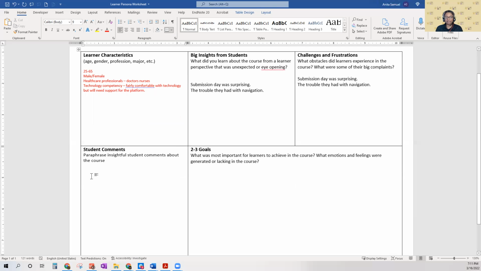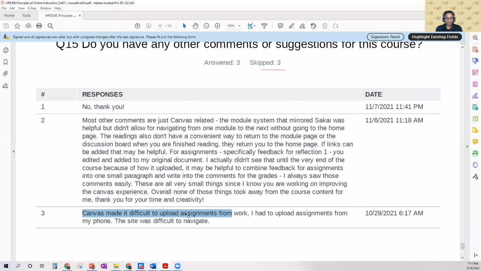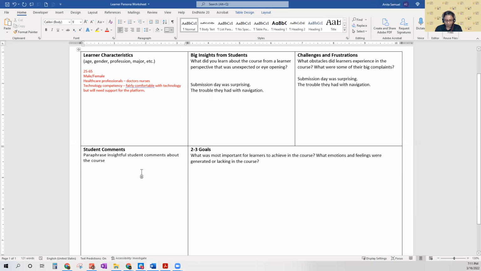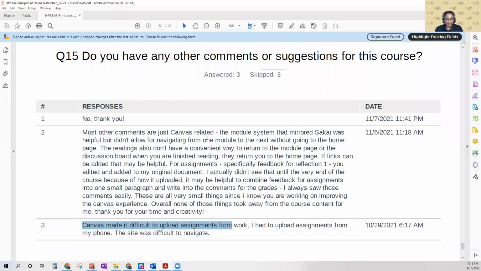Insightful student comments. In this section, what I would do is go back here and copy the comments that they've already made, and directly paste them into my worksheet. I can go back and say, readings don't have a convenient way to return to the module page.